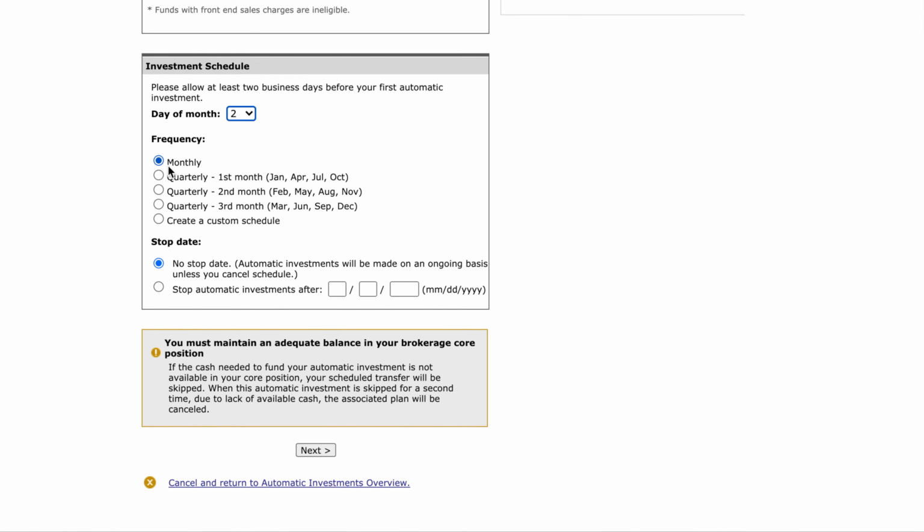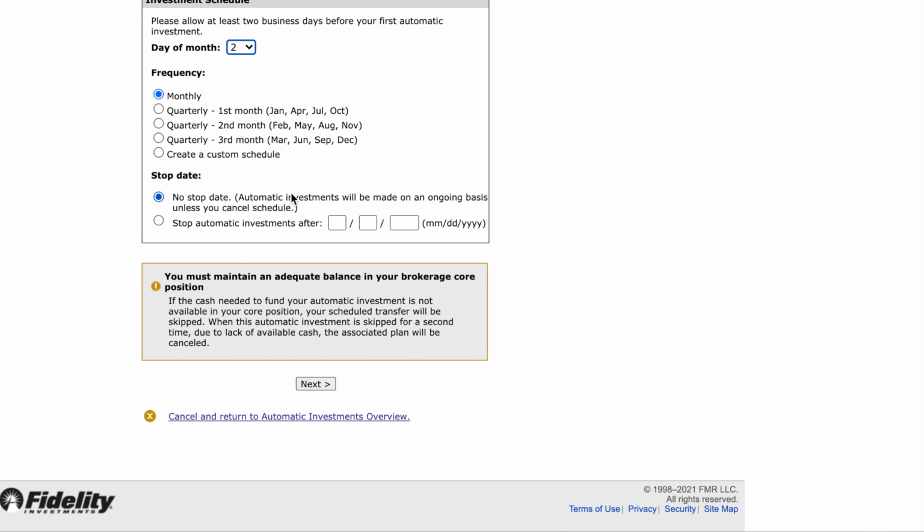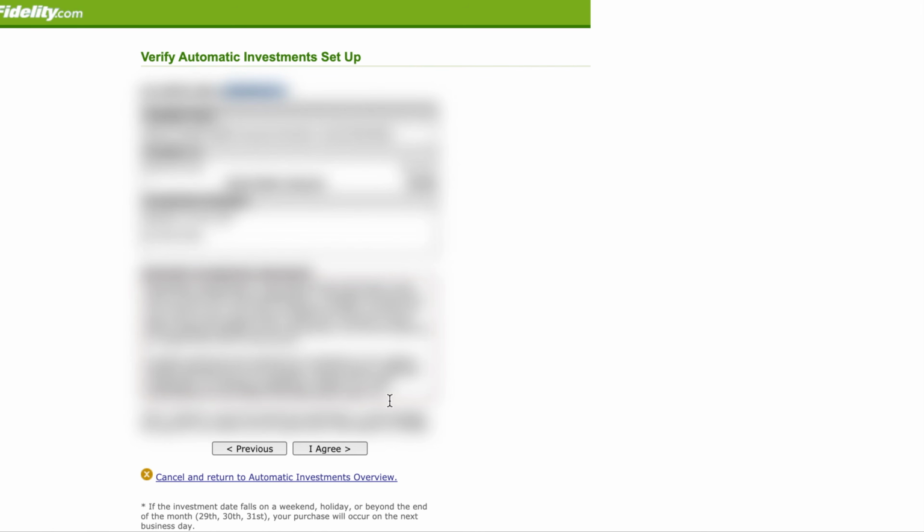So on the 2nd of every month, and just leave it at no stop date so that it will continue to withdraw money from your bank account every single month until you go in here and tell it to stop doing that. And once you have that complete, go ahead and hit next, and then hit I agree. And it's not going to do it for me because I already have my transfer set up. But after you hit agree, just go ahead and hit confirm, make sure everything's set up. You want to do $500 on the 2nd of every month, or whether it was just a one-time transfer, and